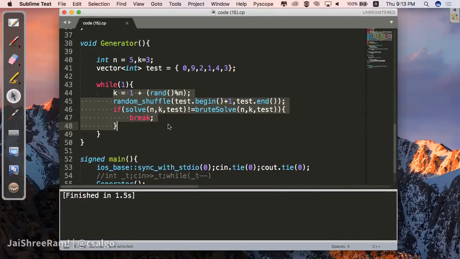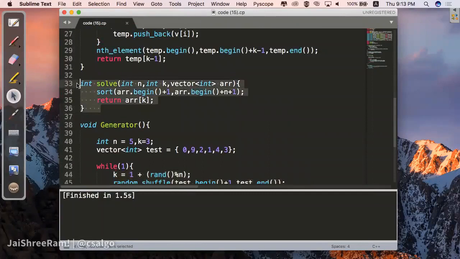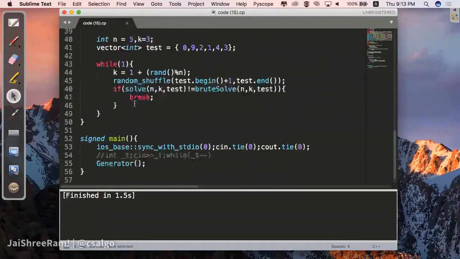But still, for debugging small codes at your end, generating random inputs and testing them against brute solutions should work. Okay. Make sense? So this is how you should be debugging your codes. So make this a habit, because this will help you a lot in coding, as whenever you get this particular generator code.